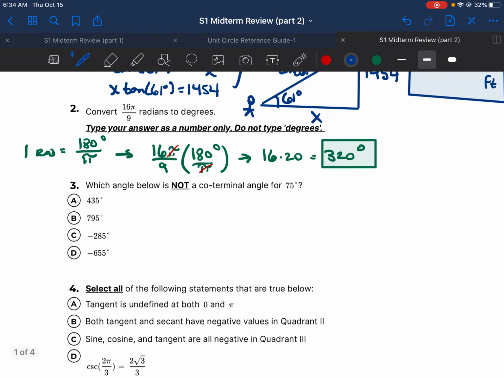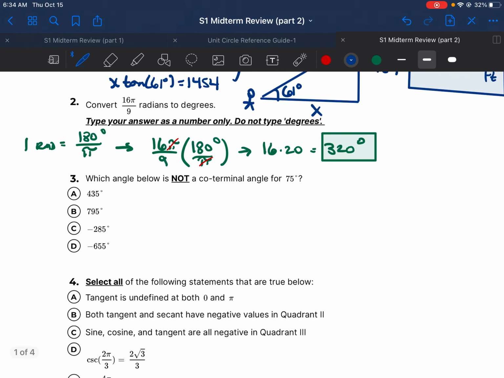In problem 3, we want to find which angle below is not a coterminal angle for 75 degrees. Well, as we saw in part 1 of our midterm review, if we are working in radians, we want to add and subtract 2 pi as many times as necessary to generate coterminal angles. In this problem, we're working in degrees, so we need to add and subtract 360 degrees as many times as necessary to generate a list of coterminal angles. So let's start by adding 360 degrees. If I take 75 degrees and start adding 360 to it,